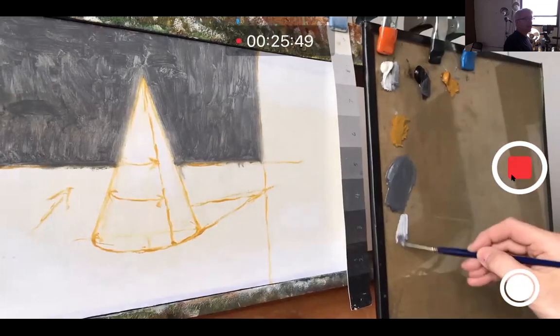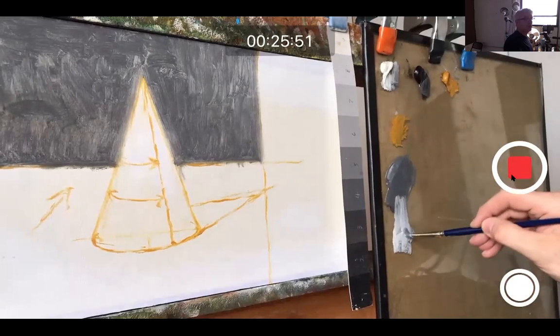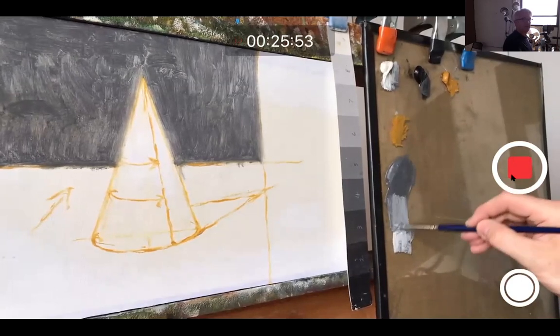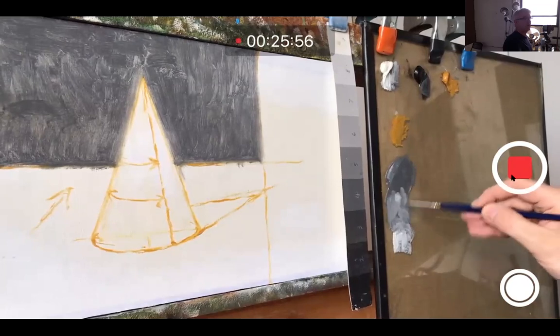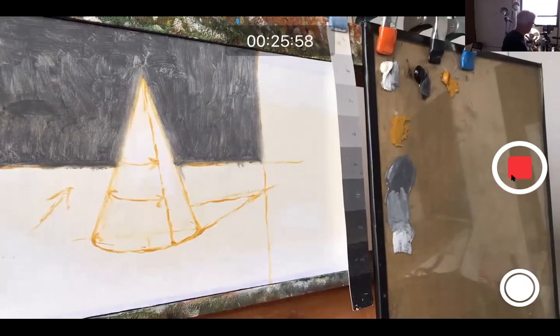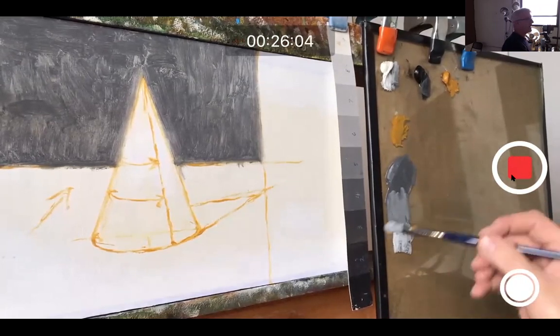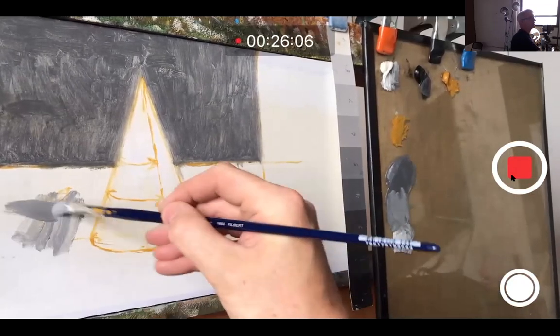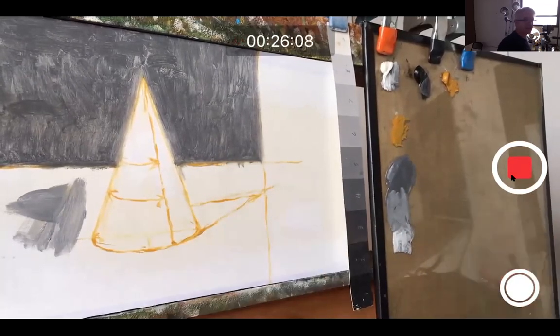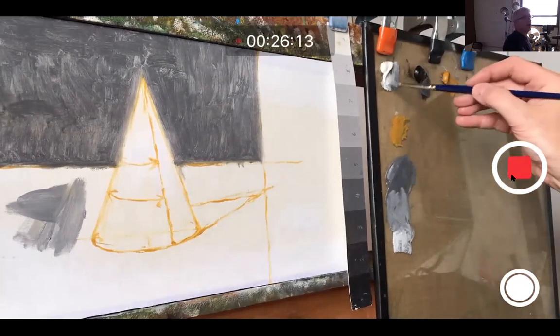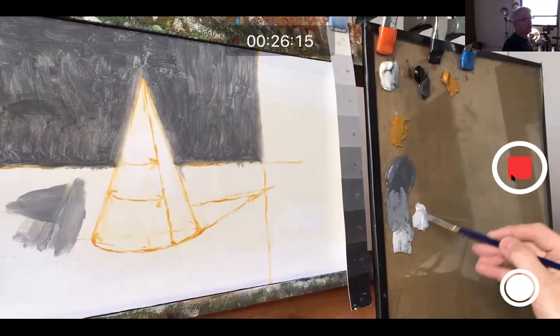The surface of the tabletop is a little bit lighter than the surface of the back wall. So I'm going to mix up a gray that I think approximates the relative lightness of that surface, and I'm going to lay down